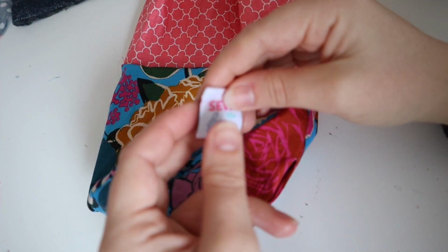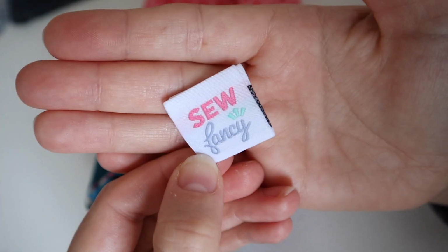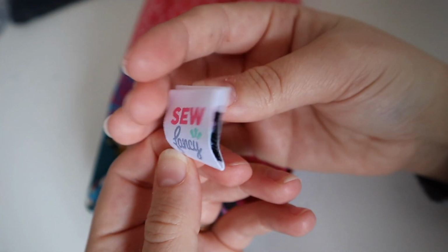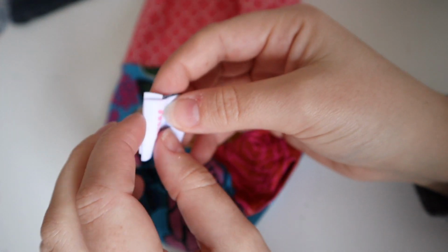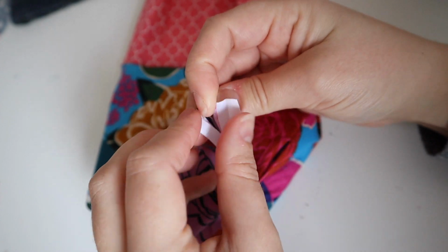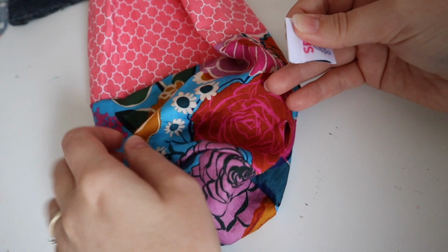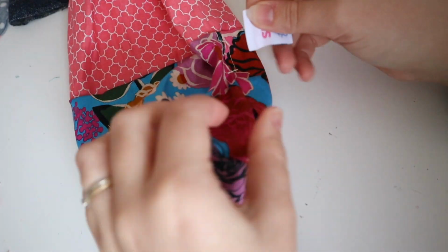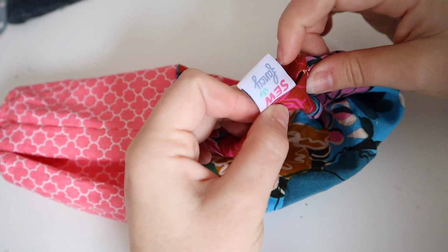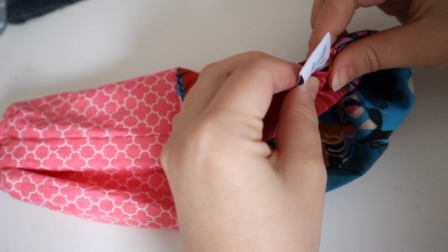I'm also going to take this opportunity to pop in one of my little labels that I have. This is one of my own designs that you can get on Etsy. So I'm going to go ahead and these little folds, you can just open them out. Obviously you can skip this step if you don't have any labels, but it's quite a cute little way to finish off the bag. Just pop it against one side like that, take the other side